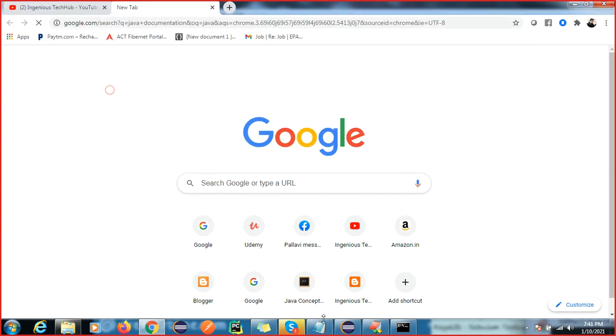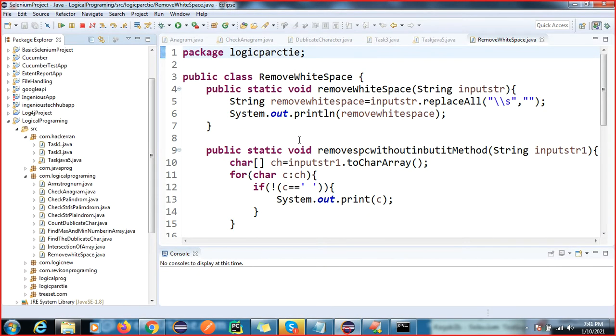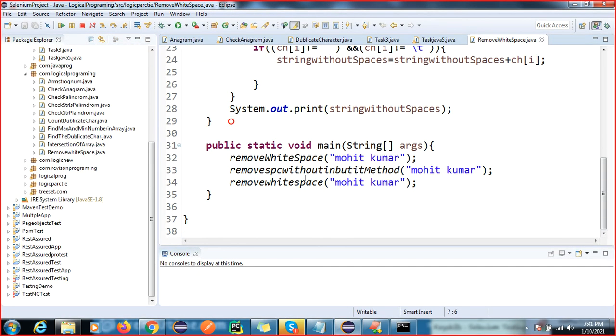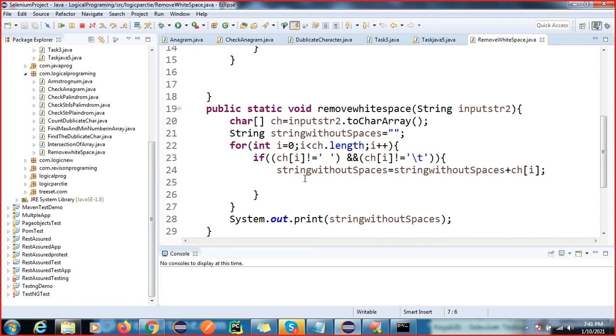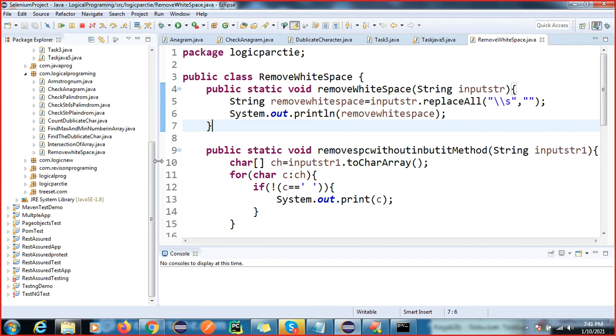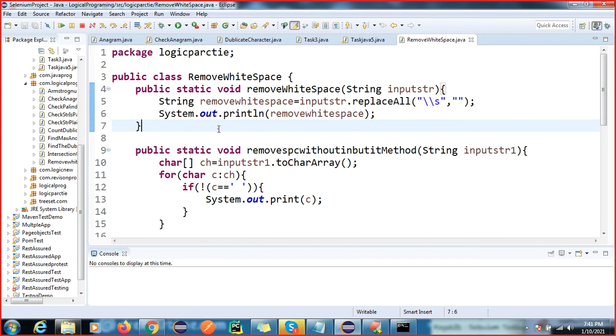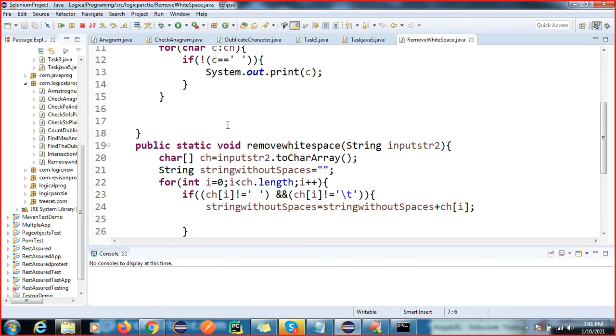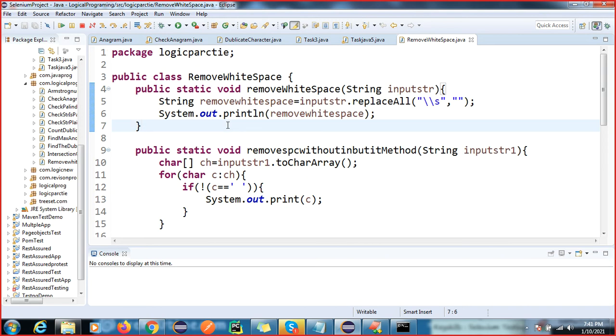So when you are writing, I'll show you one example. I will prove that Object is already there in your class when you write any class. In Eclipse we can show this.